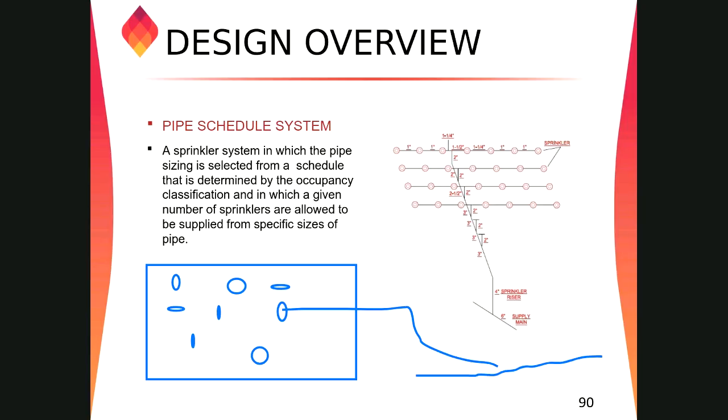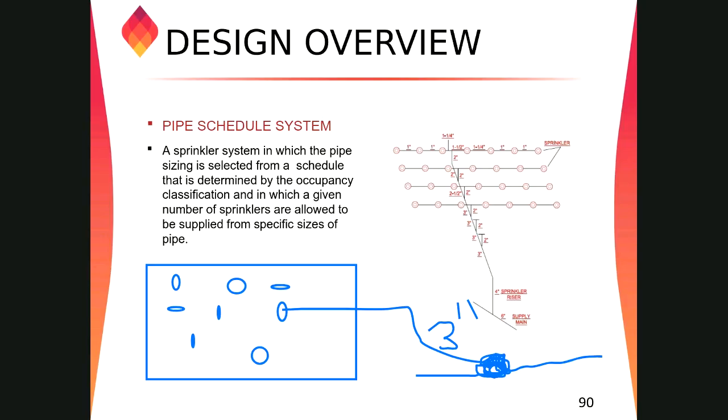At that time, if you are getting some high or low pressure and all those, maybe you have 16 sprinklers and you are protecting with 4 inch, you can use the 3 inch pipe also. So first layout based on the pipe schedule system, and then perform the calculation in the software based on the same pipe size and length. Then check what is the velocity, what is the pressure demand, and all. We can adjust like this also.